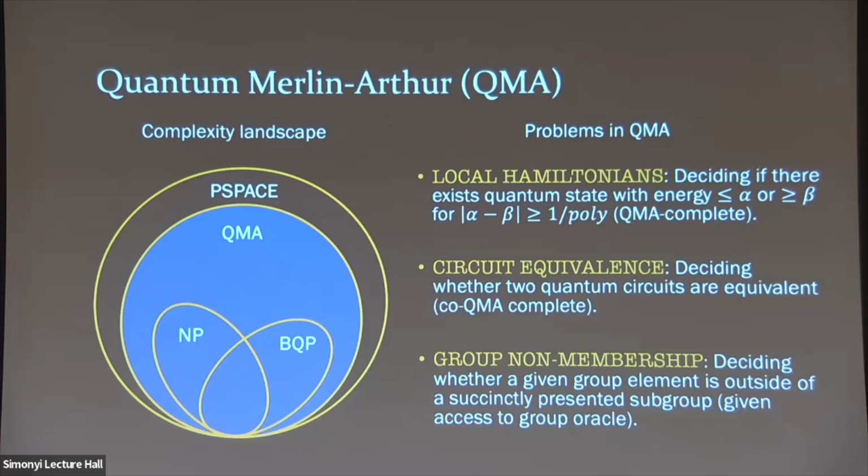And this is very important because solving this type of problem is the bread and butter of what a lot of physicists do day to day. They write down some local Hamiltonian that describes a physical system that they're interested in, and they want to understand properties of it. Like what is the minimum energy of this system? What is the minimum energy configuration? And so on.